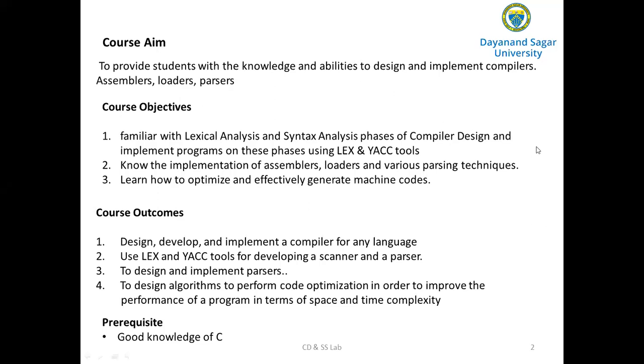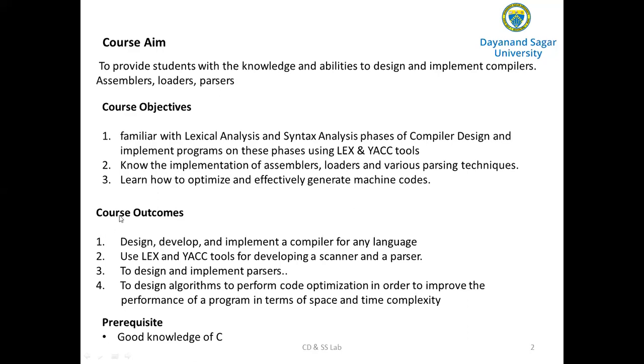So we'll try to implement an absolute loader here, and then the implementation of a few optimization techniques, which is one of the phases of a compiler. So the third objective, as I said, is to learn how to optimize and effectively generate machine code. So we'll implement a few optimization techniques.